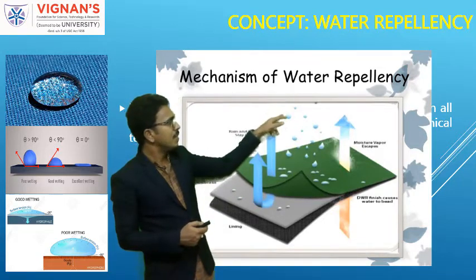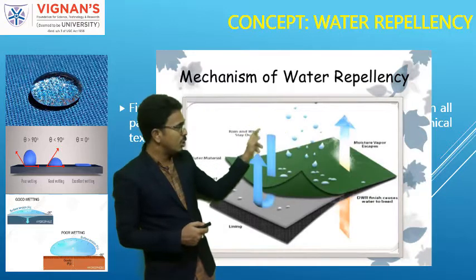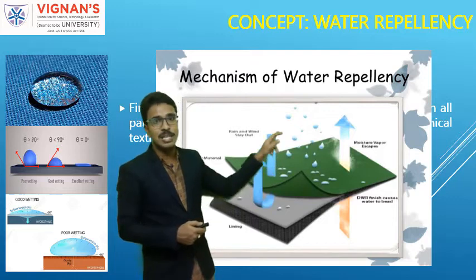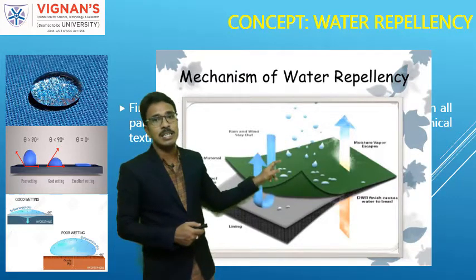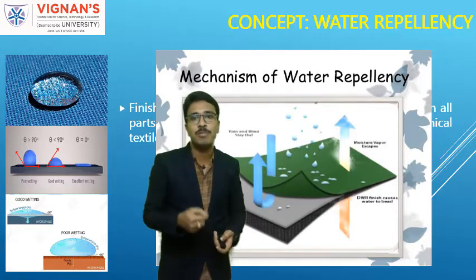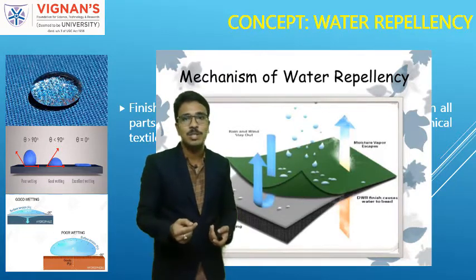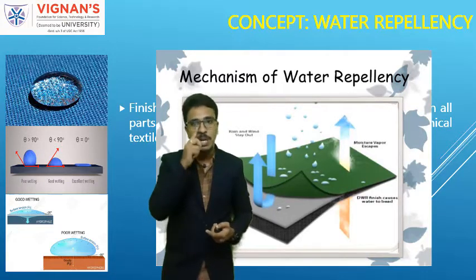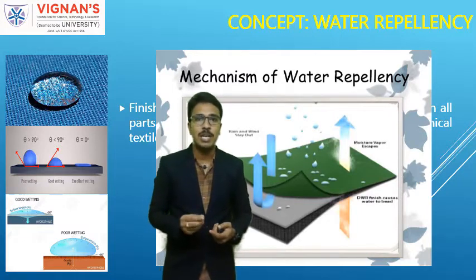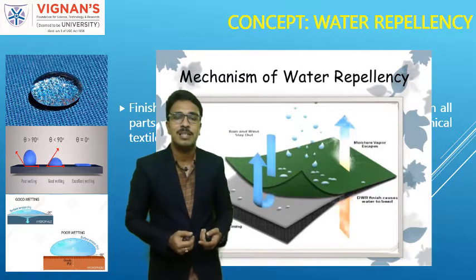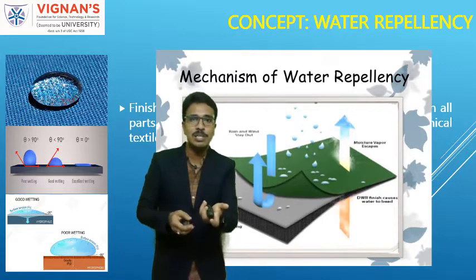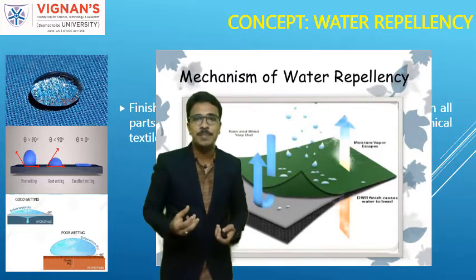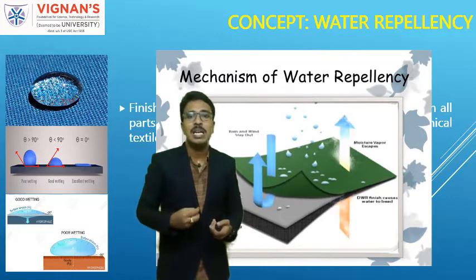Now what is happening here: even after placing the droplets on the top layer of the fabric, the droplets are not entering inside. You can observe clearly, it is not entering inside, just like the water drop we put on a lotus leaf. That is the inspiration behind the introduction of these water repellency finishes. I think you might have seen this: if you put a drop of water on a lotus leaf, the droplet will not enter, instead it just stays over the leaf surface itself.